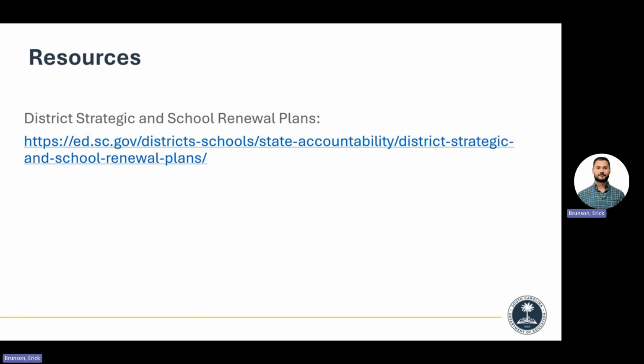I've had some in the past who didn't like the template their district was using and wanted another template. Templates are on there as well. Exemplars are on there as well. So you can utilize that as you wish. Any questions?